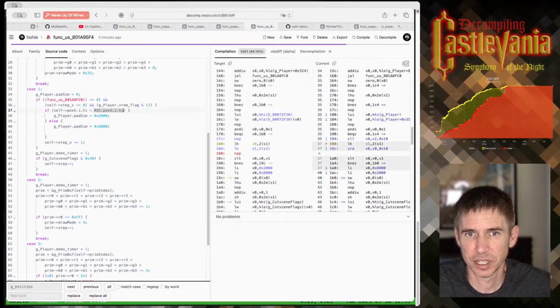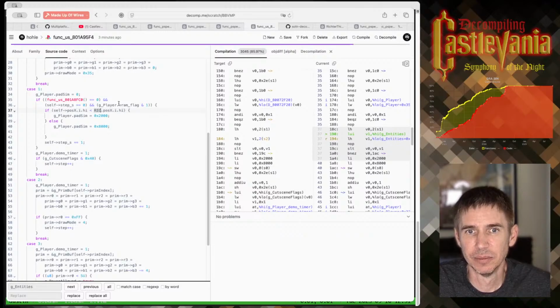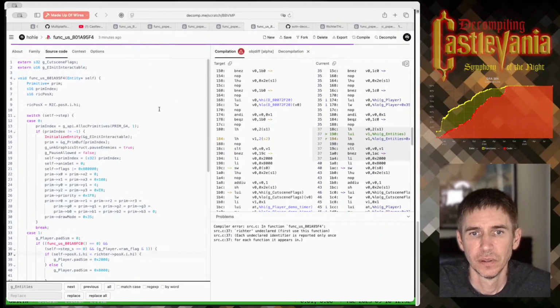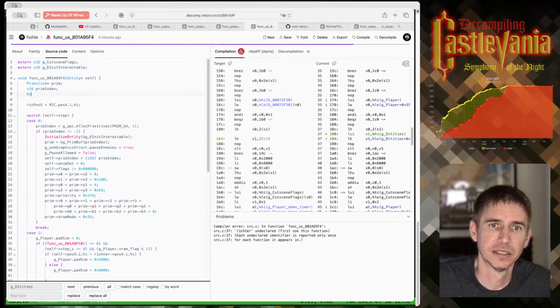That's not quite what's happening. It's not the position. It is an entity pointer.